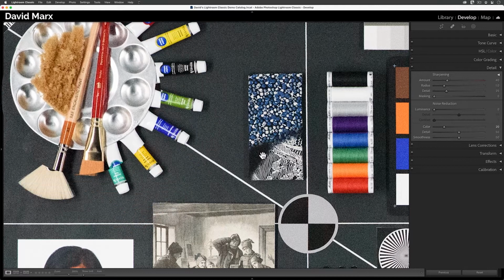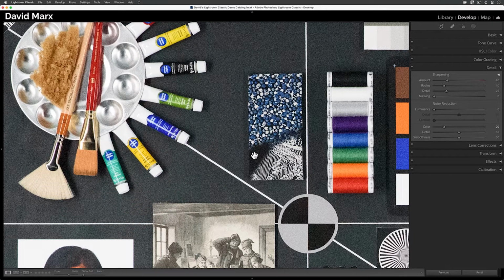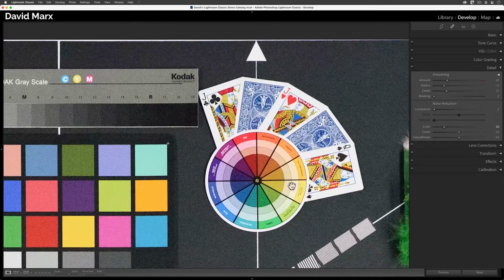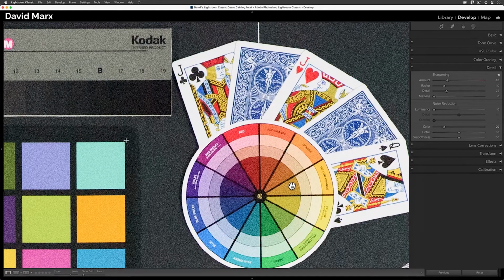Let me move over to another section of this test image to show you what the detail slider can do for us here. When I added the color noise reduction a second ago, I also slightly decreased the micro contrast in this image. If that made a noticeable difference, then moving this detail slider around might bring a tiny bit of edge contrast back. Watch the top of the Jack of Hearts here, or the words red-orange on the color wheel when I move this slider up and down. I see a tiny improvement, but again, I want to use as little of this as possible, so I'm going to back this one off until the effect is barely visible.